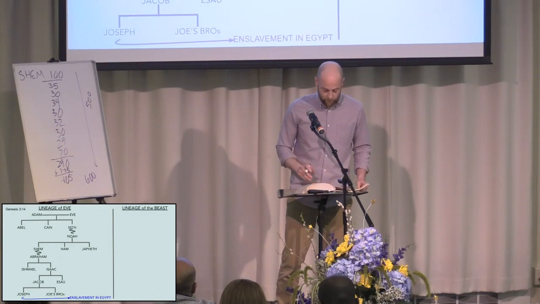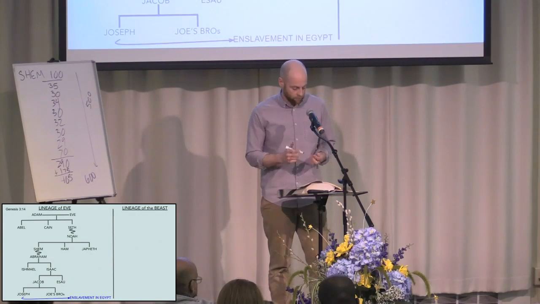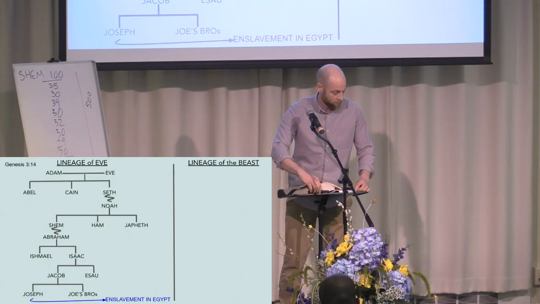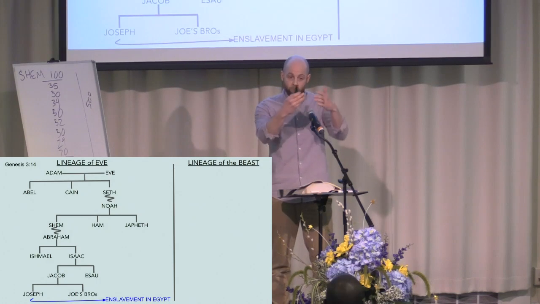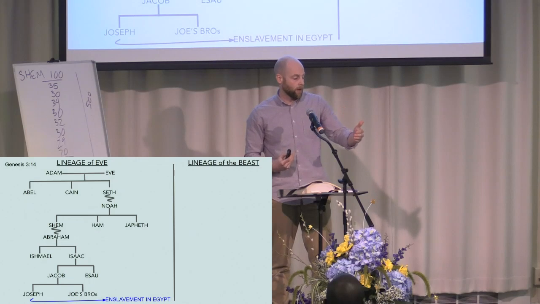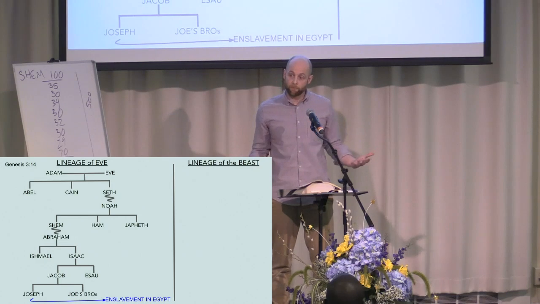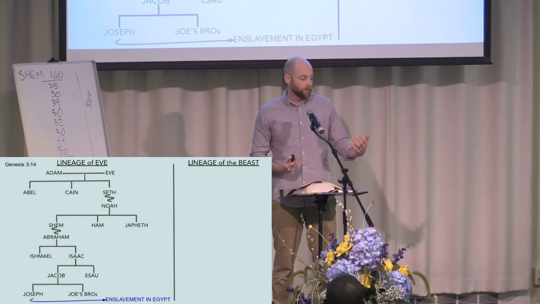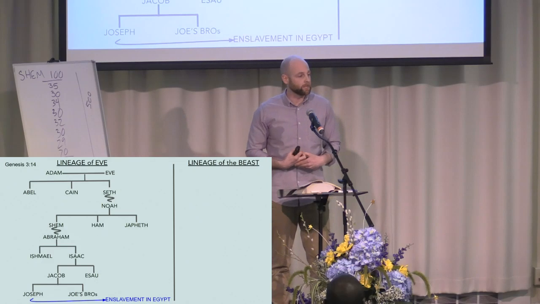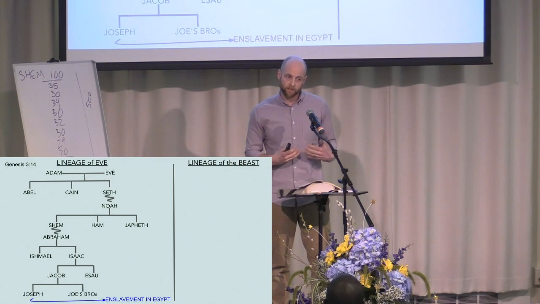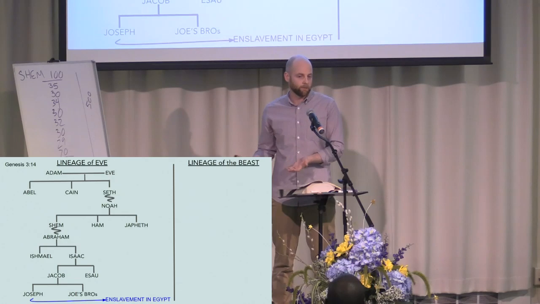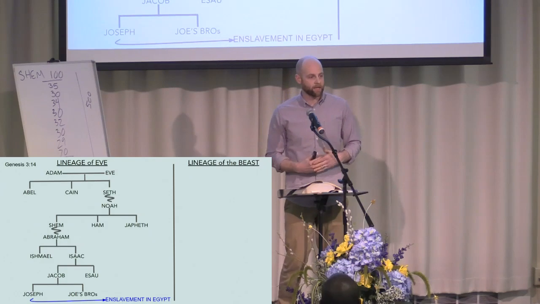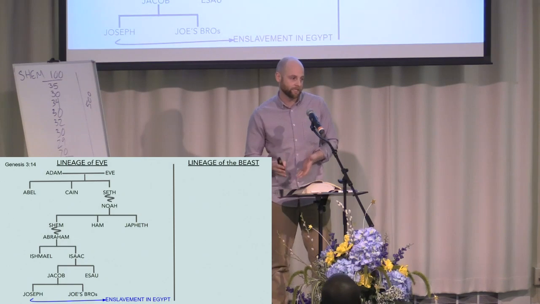Okay, so back to it. Now the lineage of the beast. So we learned from Sajin when he gave his sermon that the lineage of men would be other men and women. They were going to populate the world, the lineage of Eve. The lineage of the beast is different. The beast of the garden was not a snake, so it's not like snake babies. We're not talking about baby snakes, as Tim Mackey puts it. That's not what the lineage of the beast is.